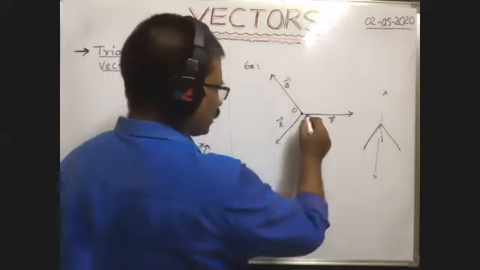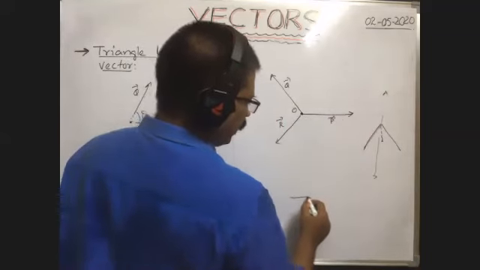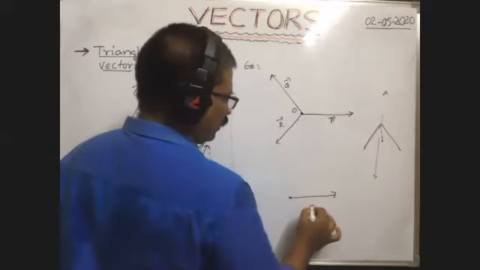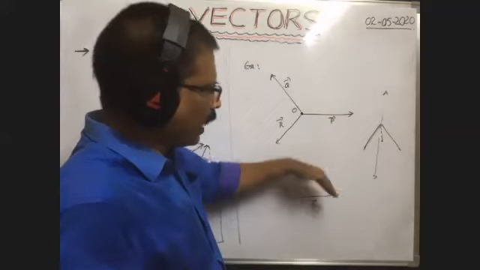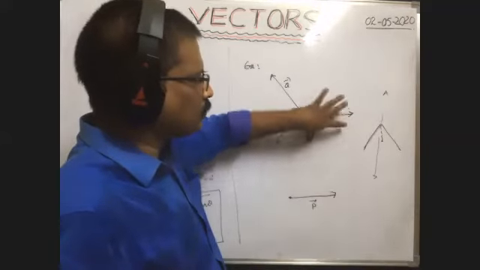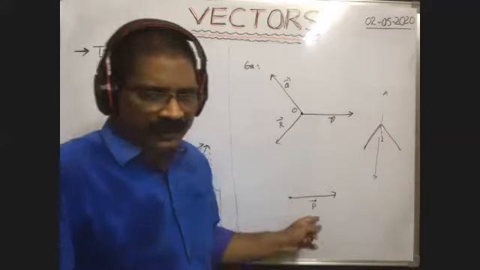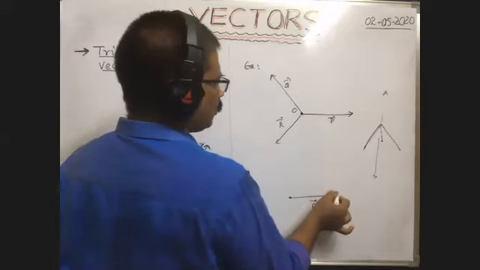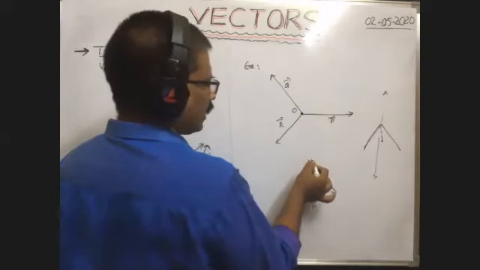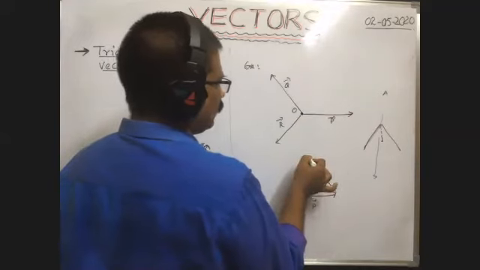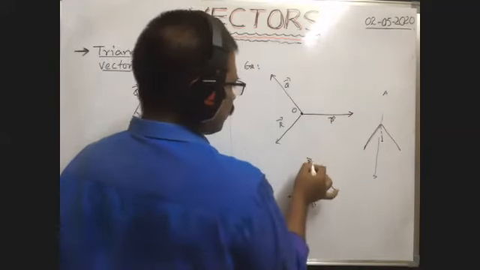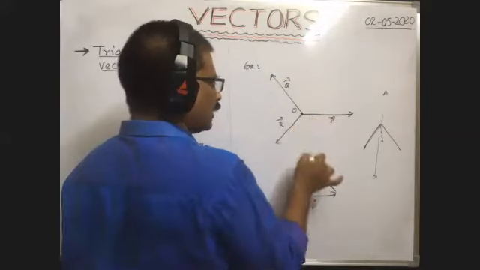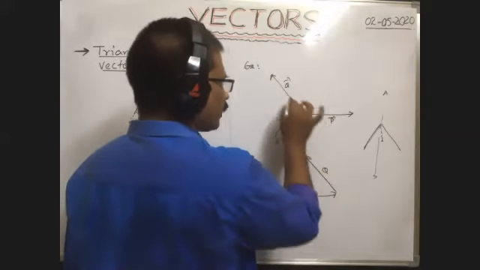You see, first I will draw P bar. You take one vector parallel to P bar, having the same magnitude as P bar, and the direction also the same. This is P bar, because it is parallel to this one, the direction is also the same and the length is also the same. That's why it is equal to P bar, because it is the equal vector of this one. Next, from this point, parallel to Q bar, you draw another vector, the next adjacent side of the triangle. Parallel to this Q bar, you draw one more vector, with the same length and the same direction. That's why it is the equal vector of this one. That means it is Q bar.